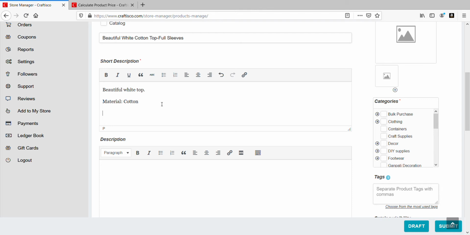And free size, or if it varies in size, you don't need to add that. And any more information that you deem as necessary.